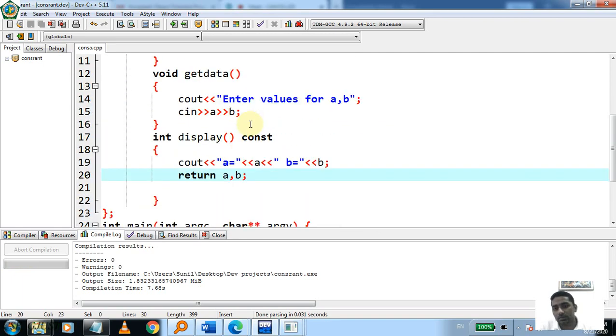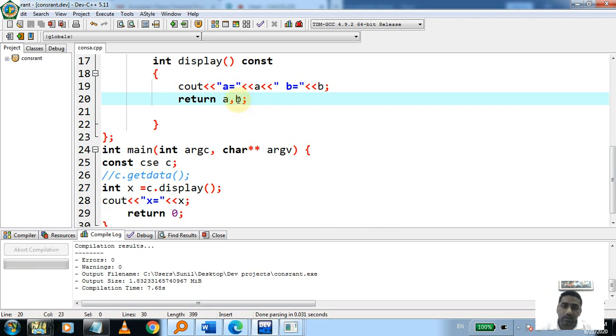So what we can do in this case, as I already discussed, is that a constant object is used for creating a combination of values or for passing a complete object at a time. That must be constant, or it can be without constant. If constant, nobody can change the value of the object. If it is a normal object, it can be passed.